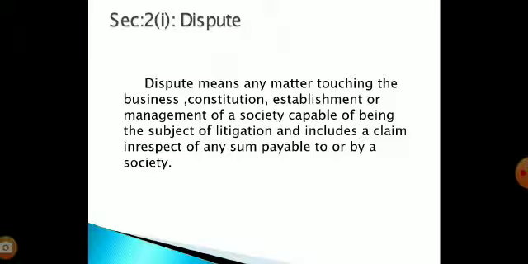Then any matter touching the constitution, business, establishment or management of a society capable of being the subject matter of litigation. There should be a subject matter to file the specific dispute before the cooperative arbitration court or the registrar. Subject matter of litigation means there should be a specific subject matter that is involved in the specific case, and include a claim in respect of any sum payable to or by